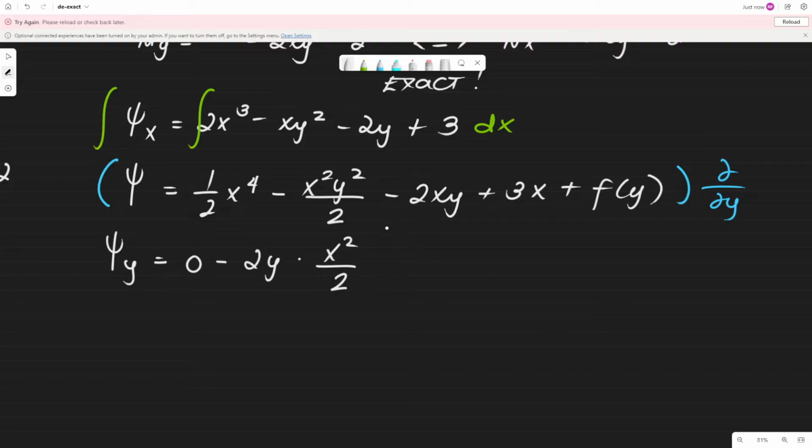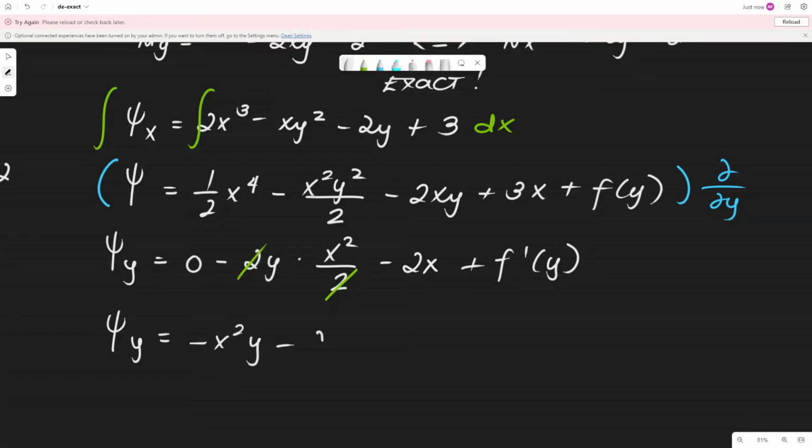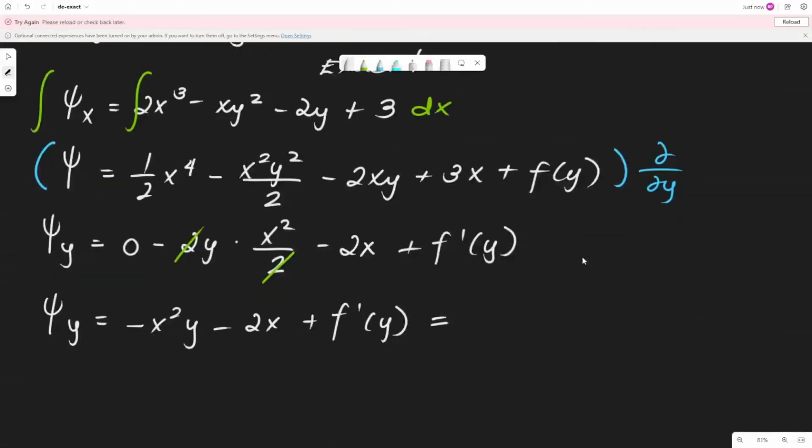So, we have negative 2x. Ayan. Then, we have this one is 0. Then, plus f prime of y. And we'll cancel this one out. Ayan. So we will have psi y is equal to negative x squared y minus 2x plus f prime of y. Then we will equate this with ano yung value ng ating n, no? So that is negative